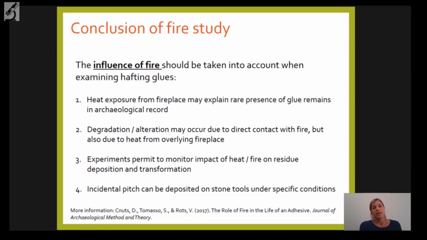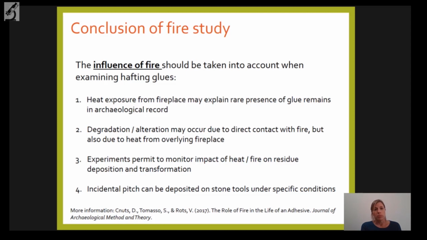We thus conclude that the influence of fire should be taken into account when examining hafting glues. In the first place, the heat exposure from fireplaces may explain why we find glue remains so rarely in the archaeological record. On the other hand, degradation or alteration may occur due to direct contact with the fire, but also due to heat from an overlying fireplace, which is an important element to consider.